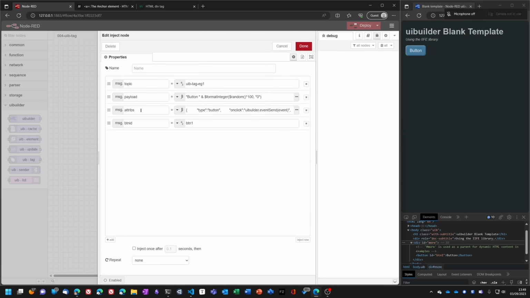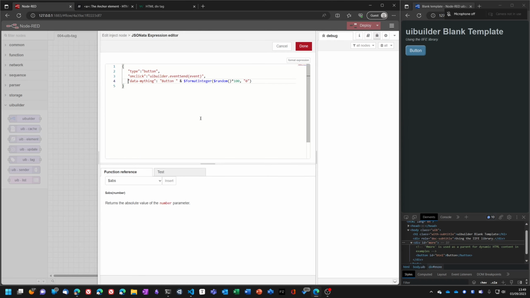Now, you'll also notice that we've already got some attributes in here, and they also are using a dynamic function. So let's have a look at that. And here we go. So hopefully you will recognize this because it's the same functions as we've just described. But the important thing here is this part here. And by the way, if this isn't familiar to you,